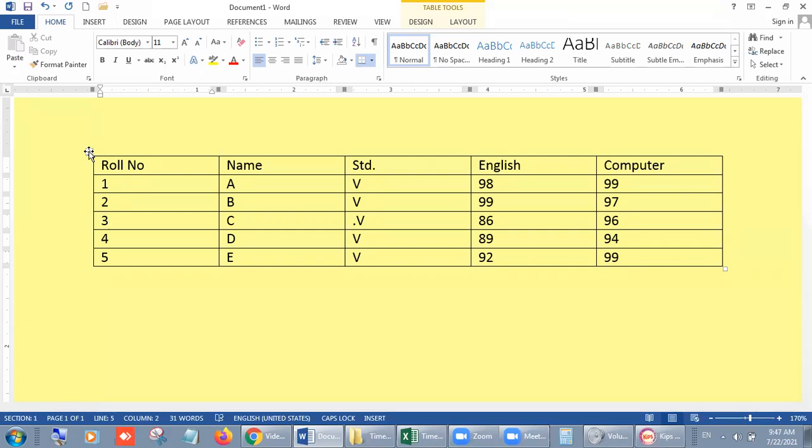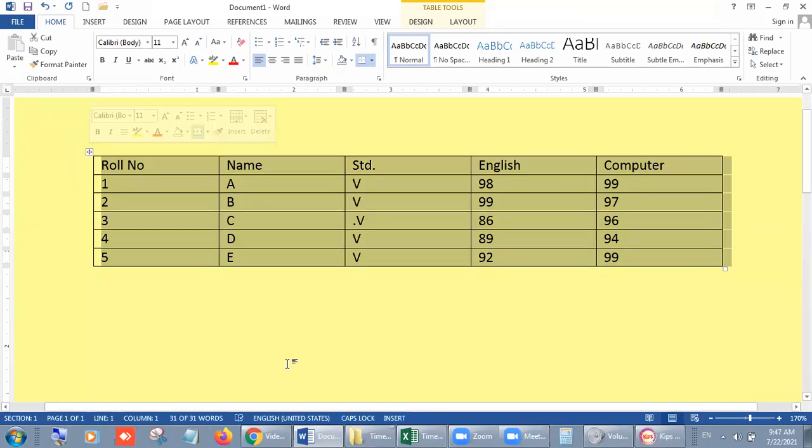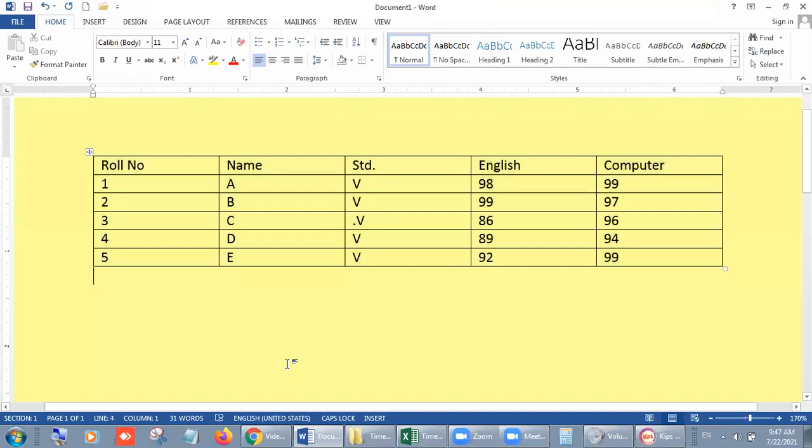Click on it. When you click inside the table, you will have some more tabs. After View there is nothing this time, but when I click inside the table, two more tabs are added to this list. Now the Design and Layout tabs are there.